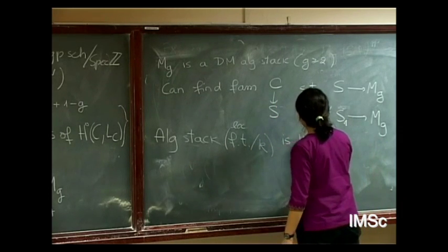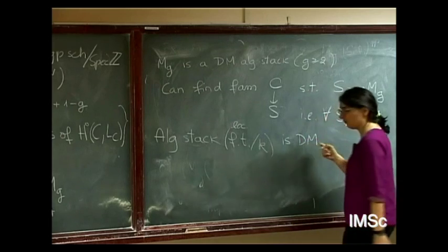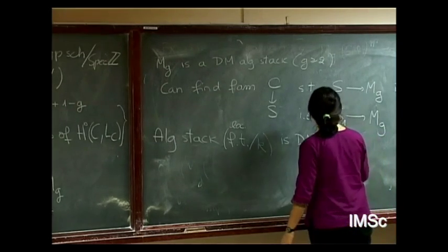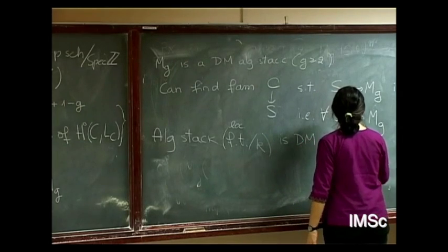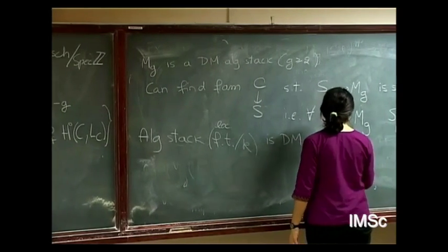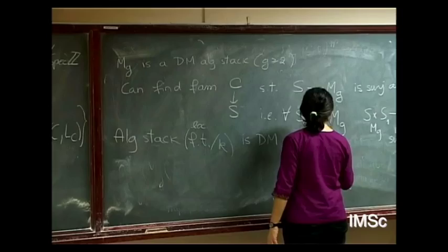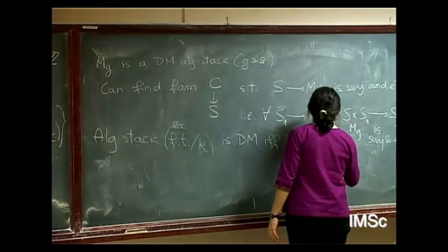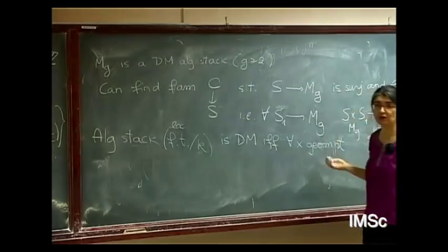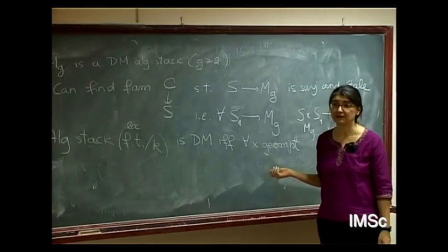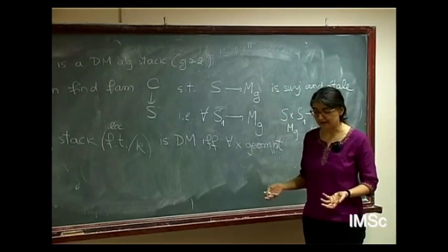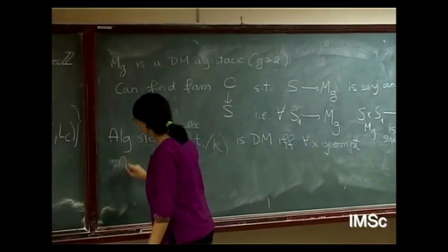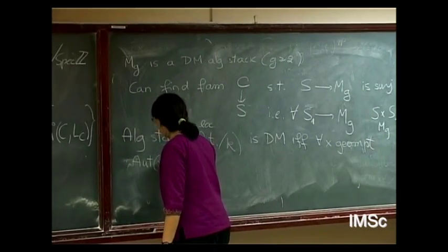It is Deligne-Mumford, so it has étale charts instead of smooth charts, if and only if for every geometric point, which is an object over an algebraically closed field, where I still have a groupoid, the automorphism group of X